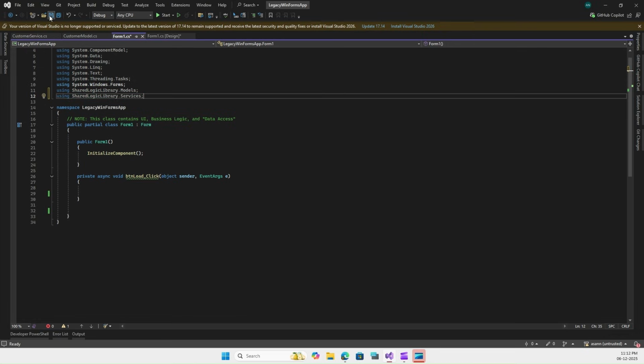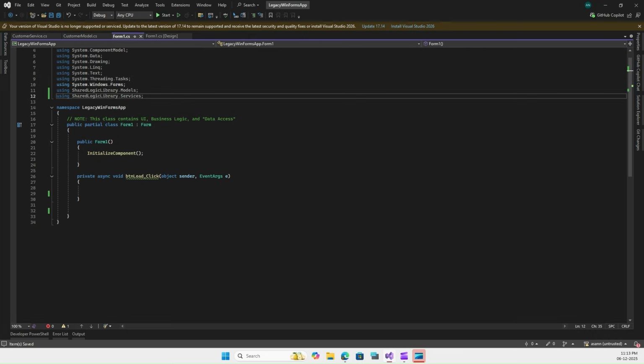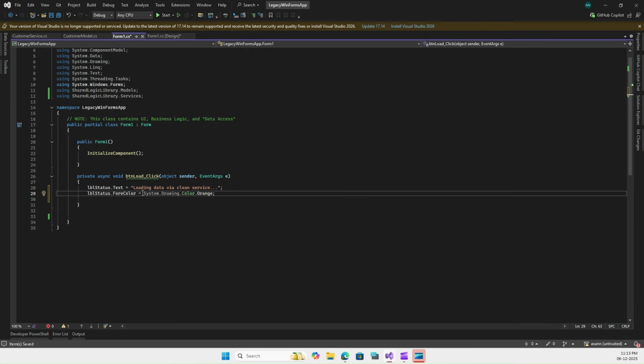So now that we have added the namespaces, we will make changes to the code to replace these messy lines that we had, and we will simply instantiate a service and call the await service.GetCustomerAsync. So let's do that. So I will go ahead and first let me add the labels that we had previously. So first I will set the label text to loading data via clean service, and the foreground I'll change it